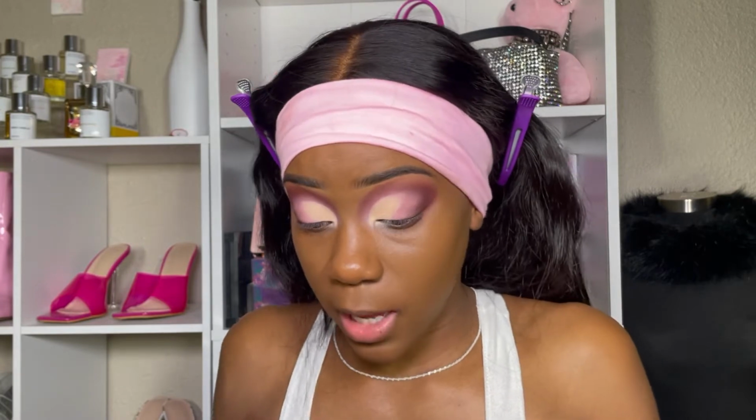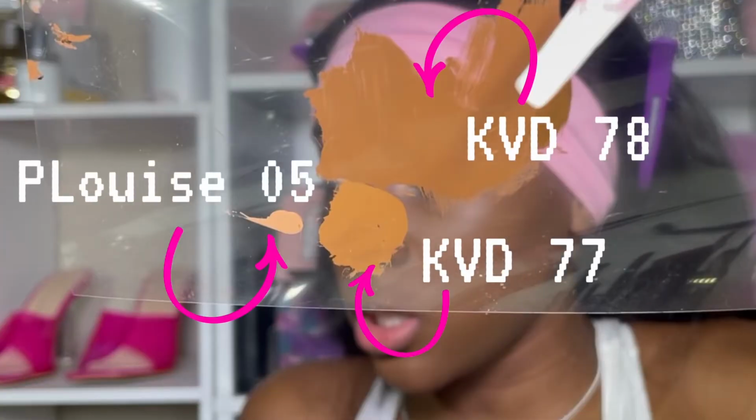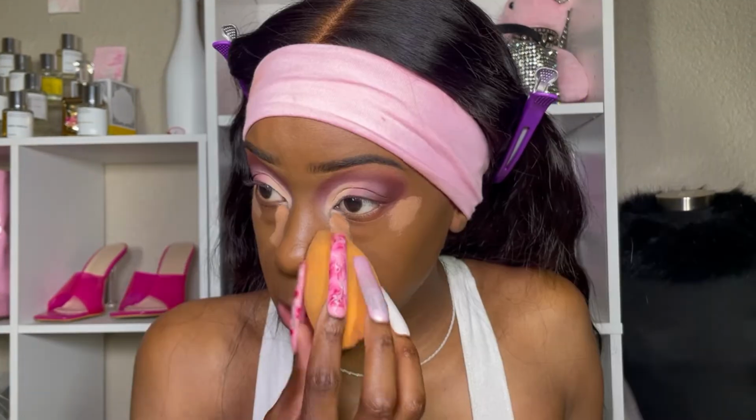Okay, so now that my foundation is on, I would like to try this as a highlight, an under eye brightener. The color that I ordered is way too light. It looked darker than this on the website, so compared to my foundation, it's way too light. So I'm just going to use it to brighten the inner and outer corners of my eye. This base dries really fast, so I'm just going to...